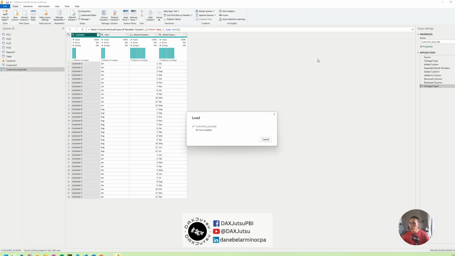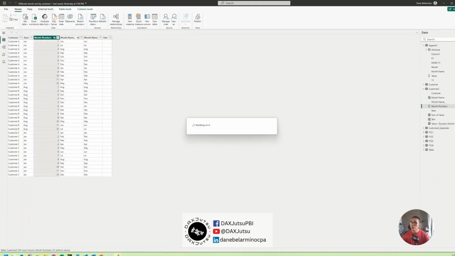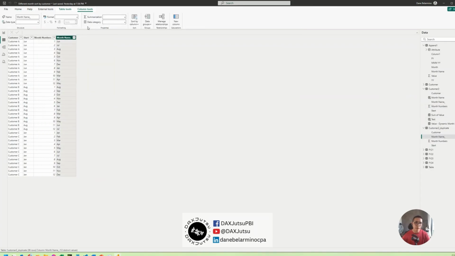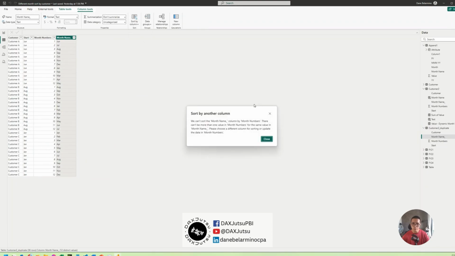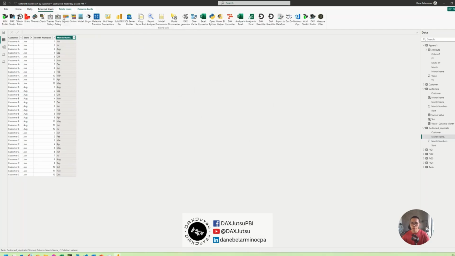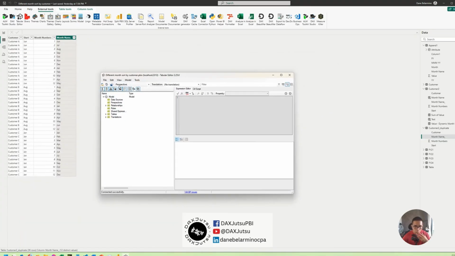There you go. So where's customer to duplicate? Now let's try again to sort that by month numbers and error again. So how do we do that? You can brute force the sorting using Tabular Editor. And where is Tabular Editor? Here we go. And where is that column? Customer to duplicate, and then